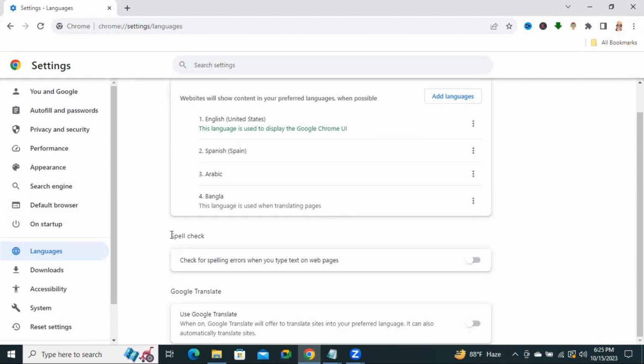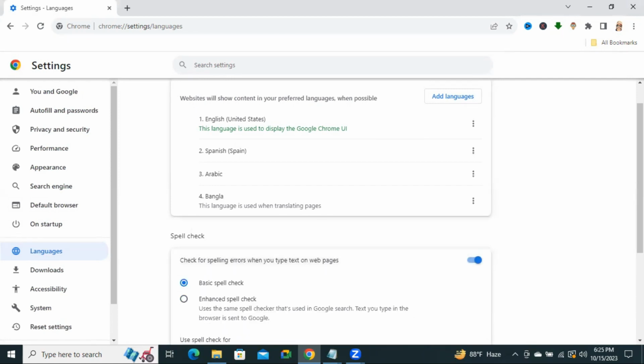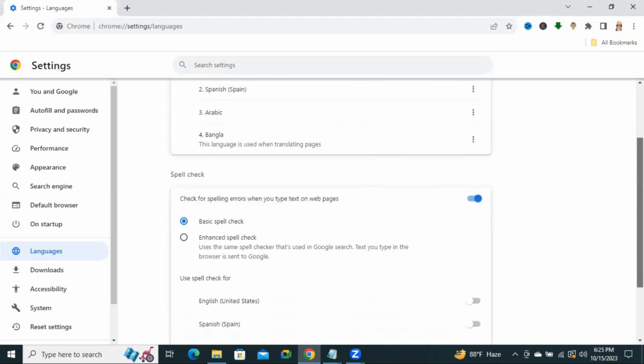Look, this one is a spell check, and by default the spell checking option is disabled. Click to enable spell check. Now you will find two types of spell check: basic spell check and enhanced spell check. Just click on enhanced spell check,